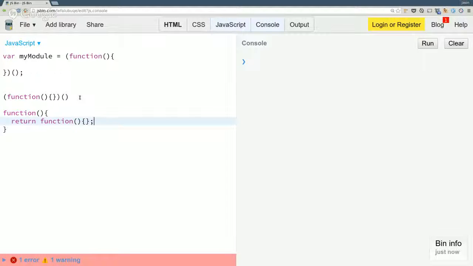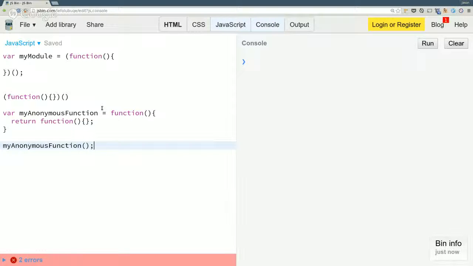And so if I were to put this in a variable, my anonymous function, then I could invoke that, right? I can put a function in a variable and invoke it. So this right here is basically the same as this and as this, right?